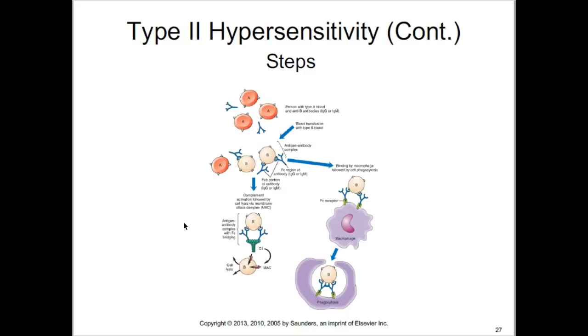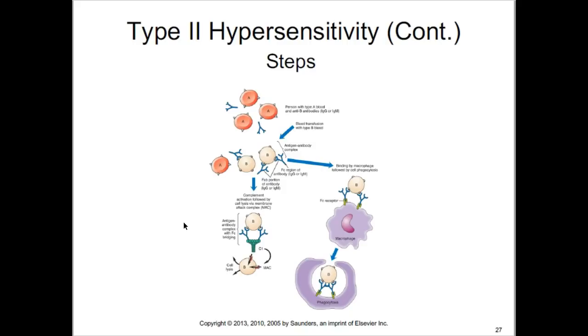So I'm type B blood, and because I'm type B blood, I'm going to have type A antibodies, right? So if I were given type A blood by mistake, some type of blood mismatch reaction, what's going to happen is my